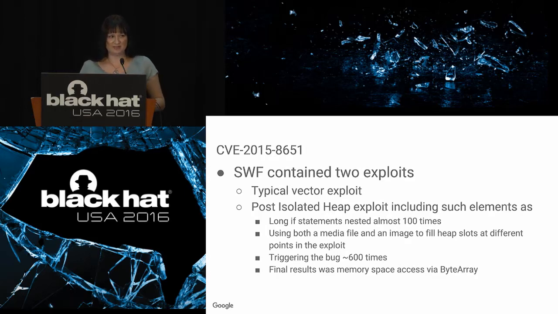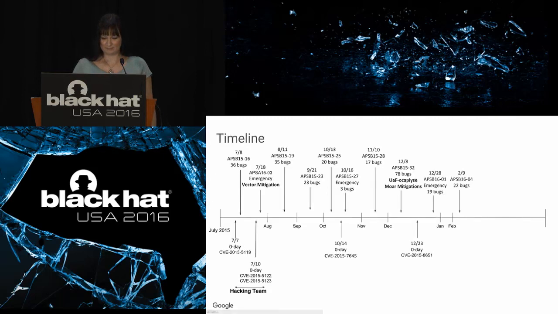So there's kind of two things you can learn from this. First, the mitigation didn't completely stop exploitation because this exploit turned up, but also it made it way more difficult. They had to really, really want this exploit to work to write such a complex exploit, and it was clearly very time-consuming to write as well.